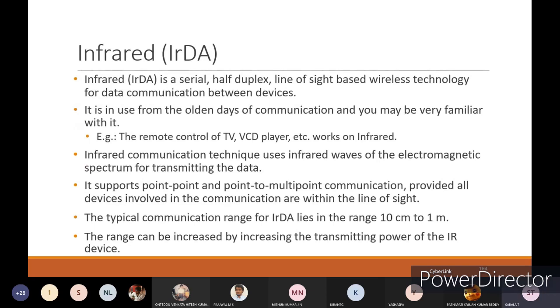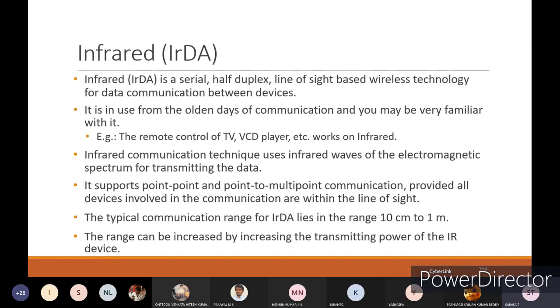Next we have infrared. Infrared is a serial half duplex line of sight based wireless technology for data communication. Until now we were discussing wired communication with respect to external devices. If we are discussing wireless communication, we can go for infrared data transmission. Infrared, which you can represent as IrDA, is a serial half duplex line of sight based wireless technology for data